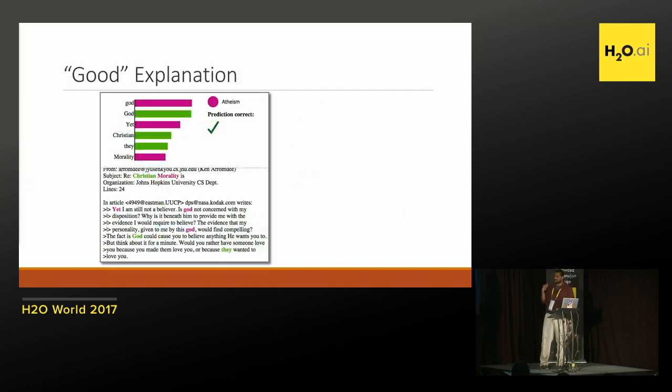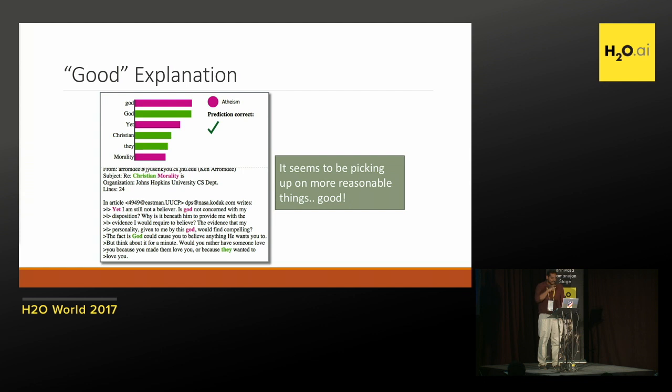This is an example for the same task. It's a different email and a different classifier. But here, we've colored it differently. The words that appear here that seem to be indicative of the labels seem to be correct, right? Atheists like to talk a lot about morality. Christians like to talk a lot about themselves. Both of them like to talk about God. It turns out Christians use capital G when they refer to God, and atheists use small g, right? So now it seems to be capturing not just obvious things, but even things that are slightly surprising, but also make sense in hindsight. And so this would be a good classifier, right?